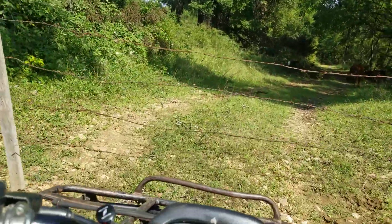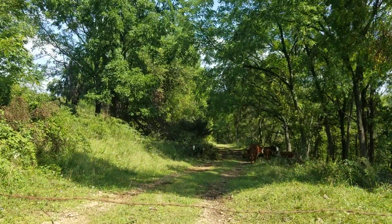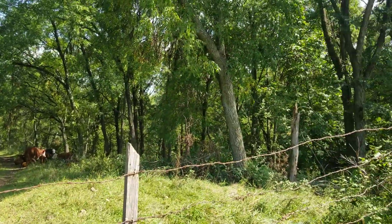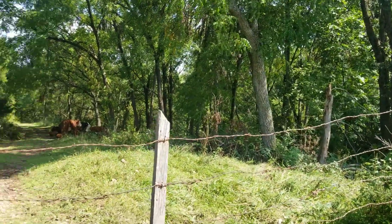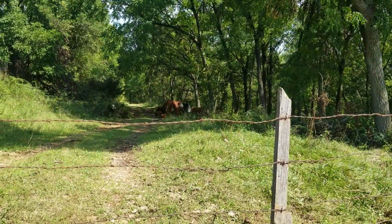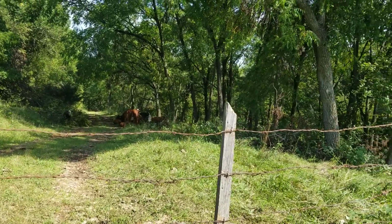Here they are. So anyway, that's pretty much the gist of what an EF3 tornado would do. By the time it got to us, it wasn't an EF3 anymore. Most of the damage of the EF3 was a little closer to Boscobel, but